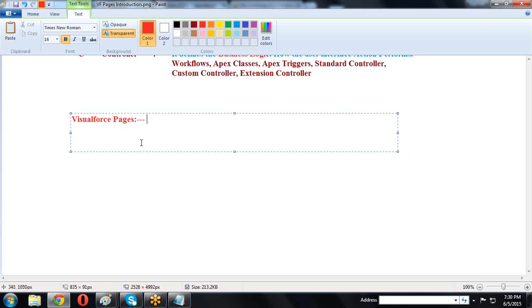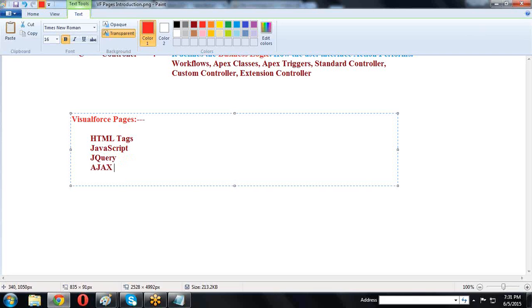So it allows HTML tags, JavaScript, jQuery, Ajax.